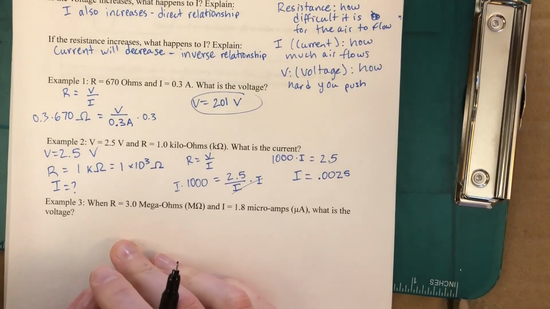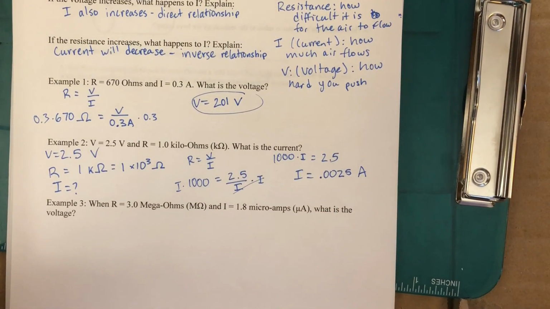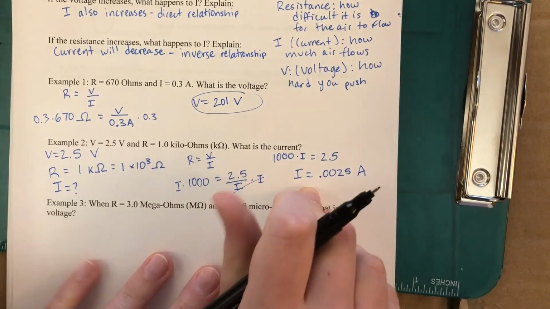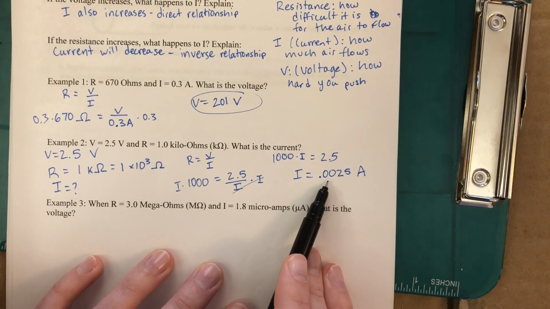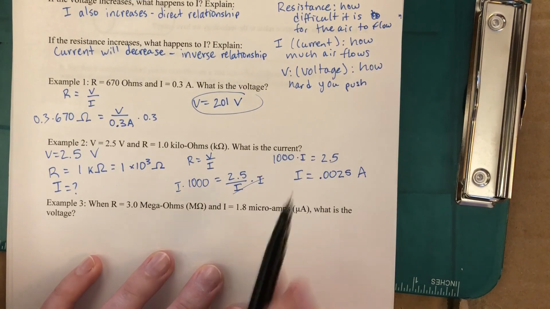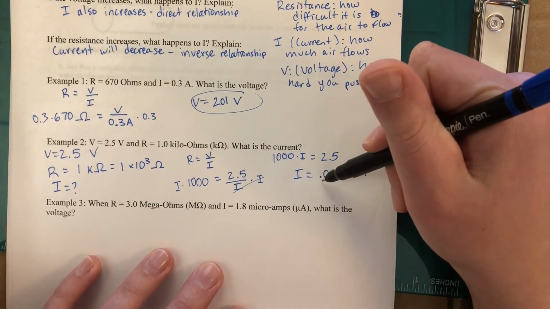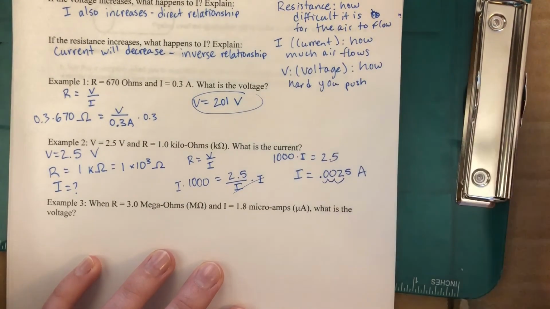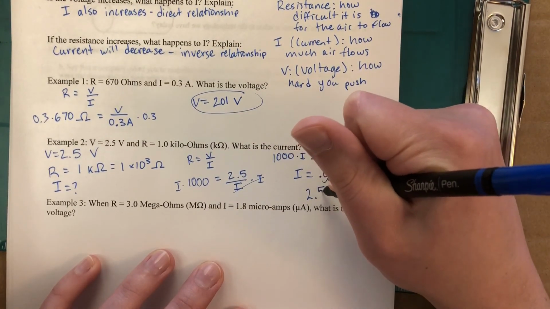The units for current is amps. And then this is fine. But depending on what you're doing, if you're doing an experiment and you're measuring something with a meter, it probably would not give you this answer. It would probably give you your answer in milliamps. So I'm going to take this number and convert it to milliamps. I'm going to go 1, 2, 3 decimal places over. This is 2.5